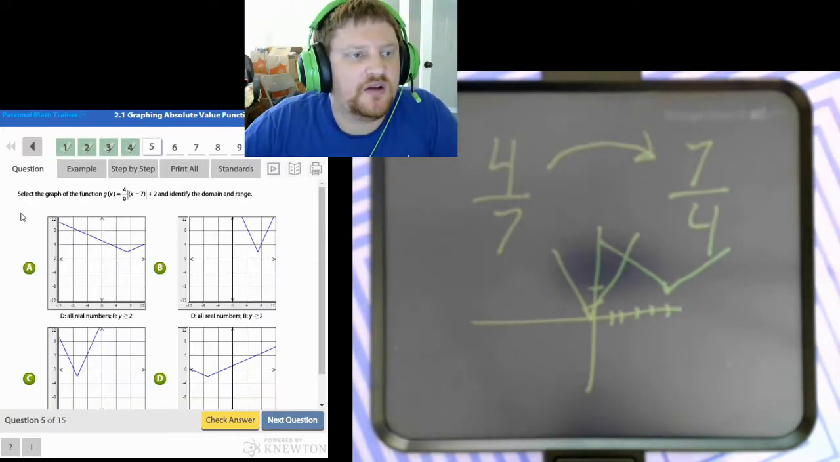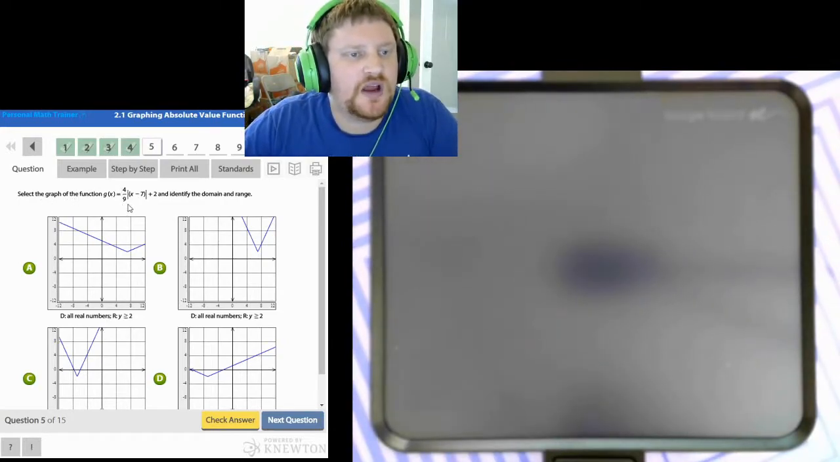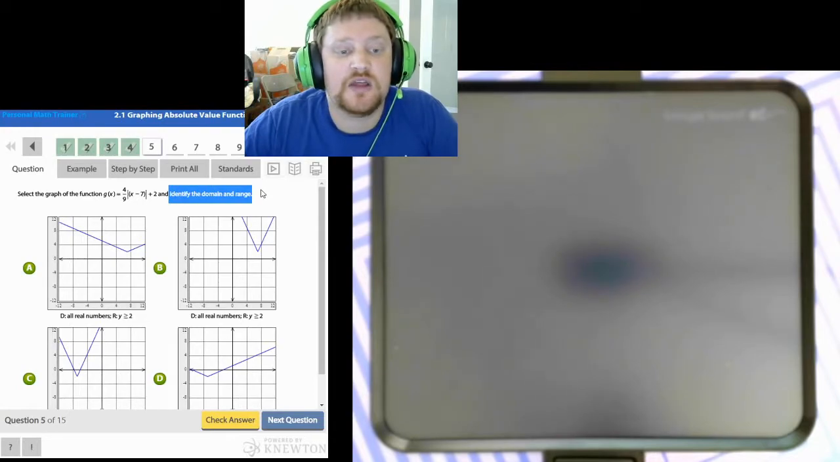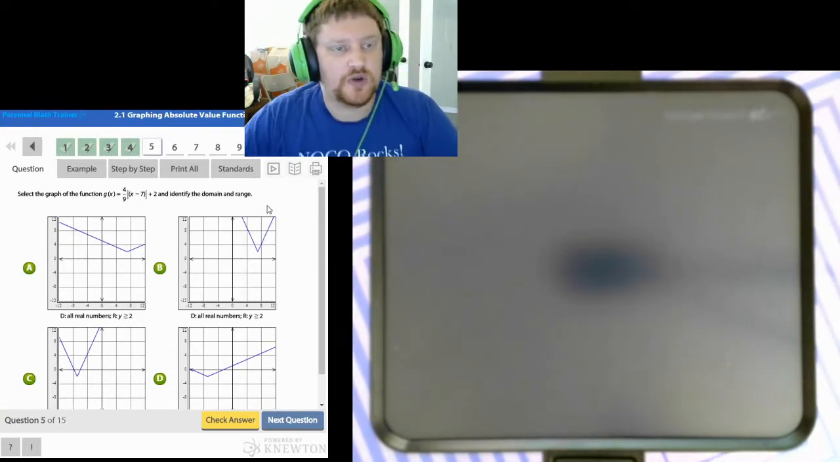Alright, number 5. Select the graph of the function f of x equals 4/9 times the absolute value of x minus 7 plus 2, and identify the domain and range. So now they want the domain and range. So in this case, we are moving,